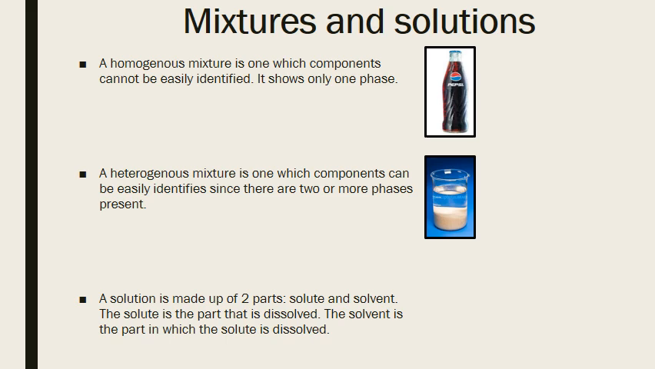mixture. A heterogeneous mixture is one in which components can be easily identified since there are 2 or more phases of it. For example, here we've got sand and water. When we mix sand and water, they don't mix. We can still see the sand and we can still see the water. Here, in the case of sand and